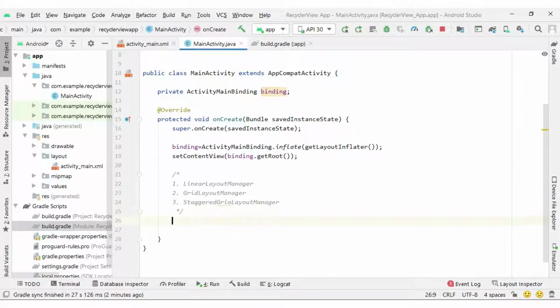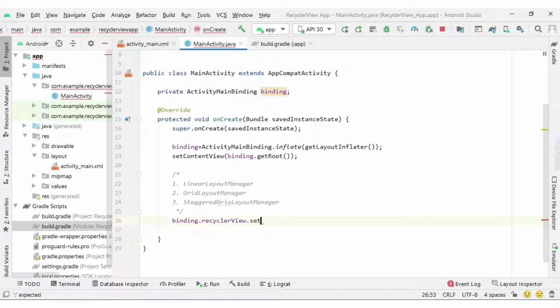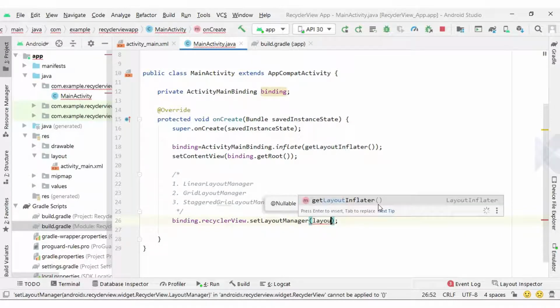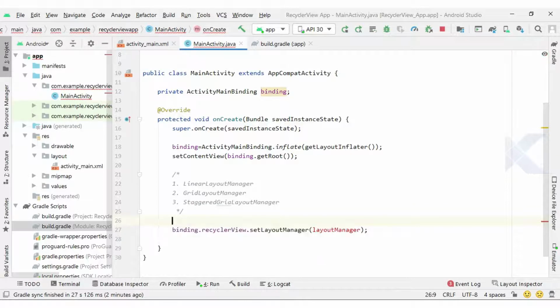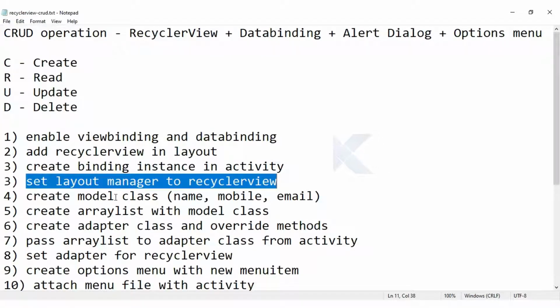Currently I am going to use LinearLayoutManager. I can write binding.recyclerView.setLayoutManager and create a layout manager equal to new LinearLayoutManager, and inside the brackets we can pass context. So we set the layout manager for our recycler view. The third step is completed.